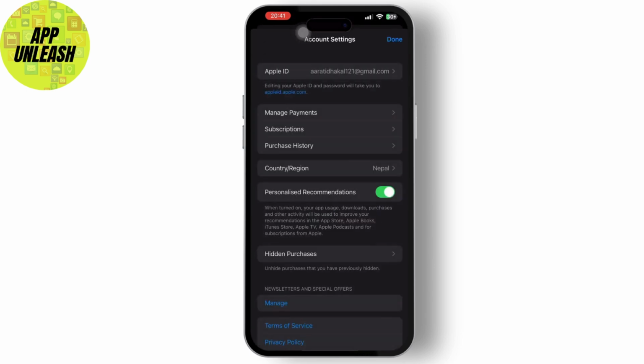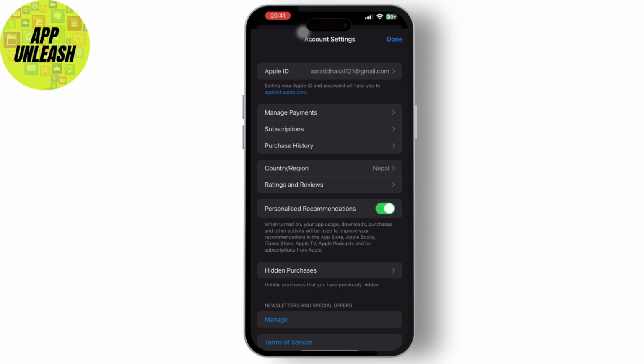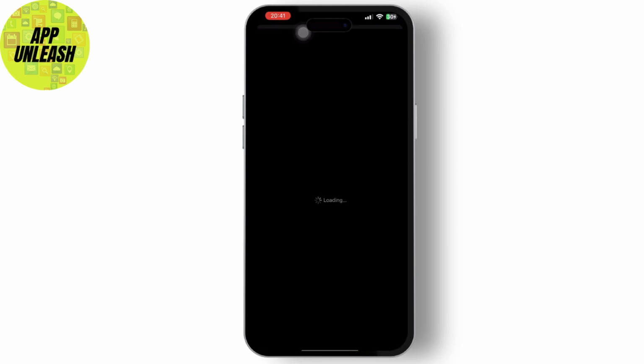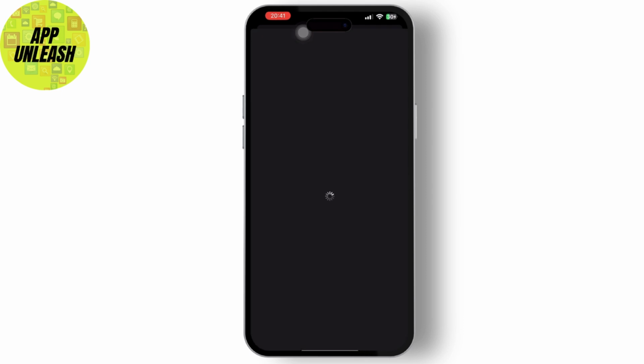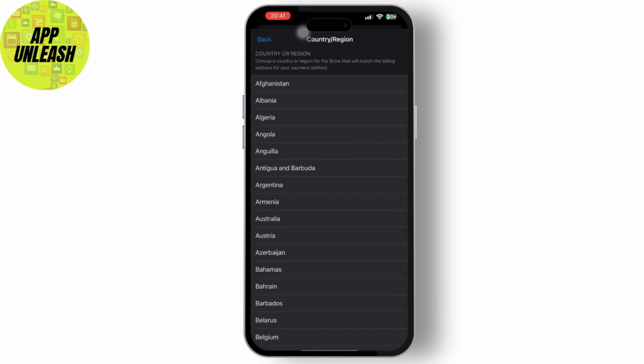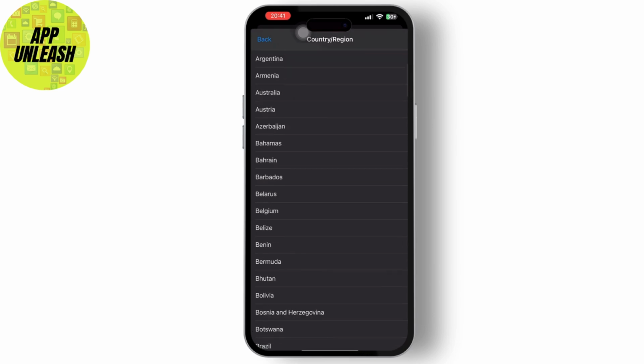Then tap on the country or region option available there. Now simply continue with the process. After that, it might take some time to load, but tap on the change country or region in blue highlights. Then simply choose any country you are living in